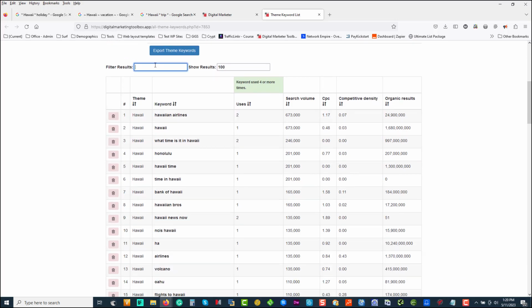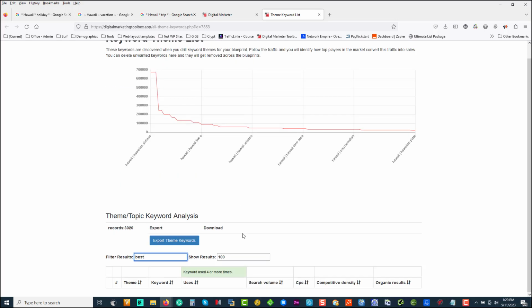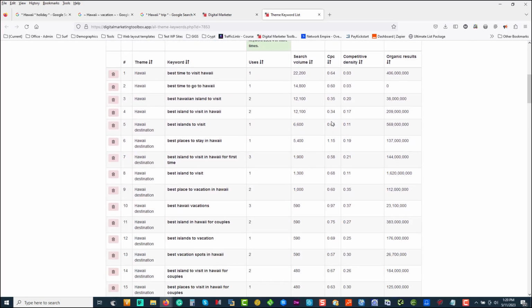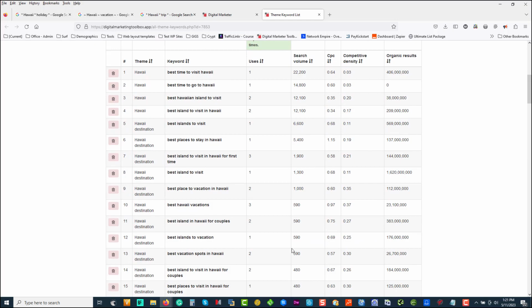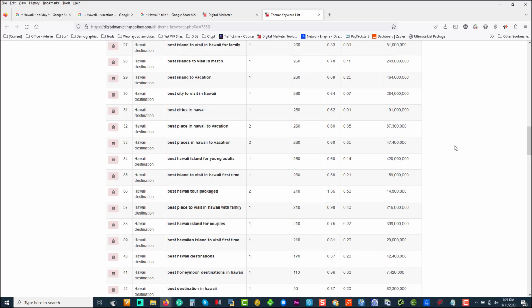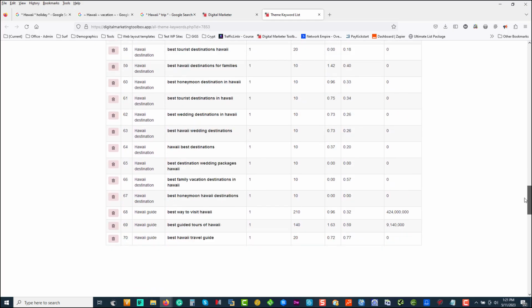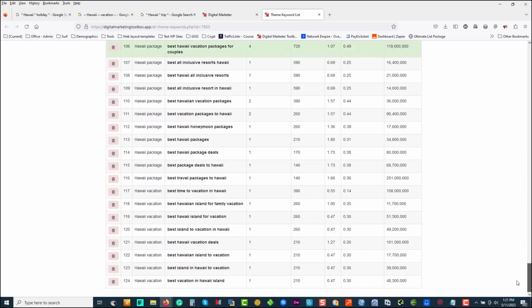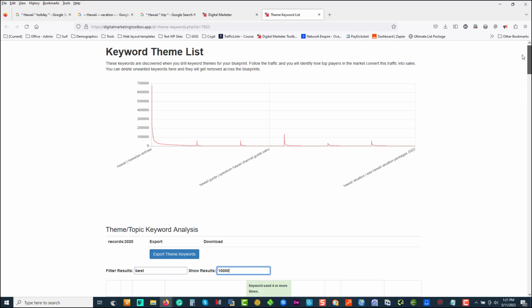So if I want to come here and see everything that's got best in it, I can explore all the keywords that contain best. I can see where the traffic flows. I can see the organic rank value, how competitive they are, and I can see the keyword theme that they came from. Okay, so there you go, guys. Literally hundreds of keywords. We've got 124 keywords that contain best that we can build into our website. If we want them, we simply export them,